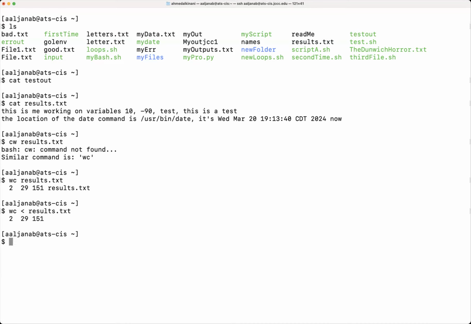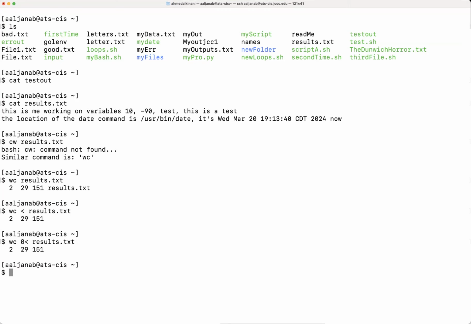Now, what we can do in addition to this, just like how we did with the file descriptor for the output and errors, we use numbers. We can also use numbers here, and that will not change anything. I will get the same results. There's a reason why I'm going through this, because we are going to utilize these numbers later, and it's very important to understand how we utilize them. But at this point, I'm just showing you that you can actually use those inputs, those redirections, and associate them with the numbers that we learned about, the 0, the 1, the 2.